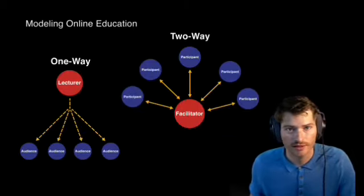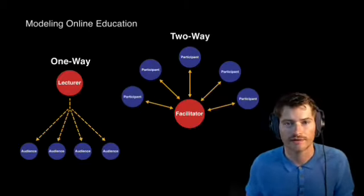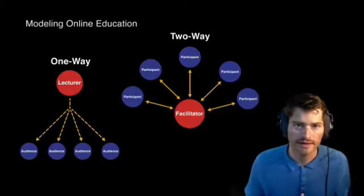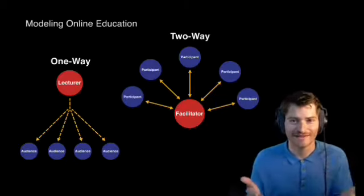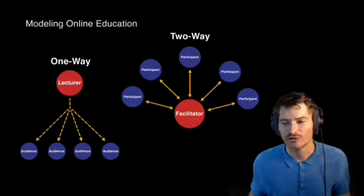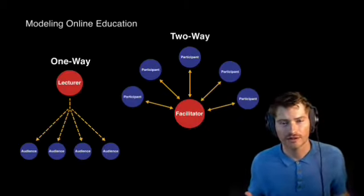So looking at the interactions between one-way and two-way types of education, this is kind of how I separate and categorize the different types of online education that I see. On one side, on the extreme, you have just a one-way communication. You've got a lecturer, much like myself at the moment, and there's an audience, and you can't say anything back to me. In this platform, you can send me emojis, you can ask questions, I can actually see the chat. So I'm seeing that, Katerina and Cinta were saying things recently, and it's kind of a live interaction,